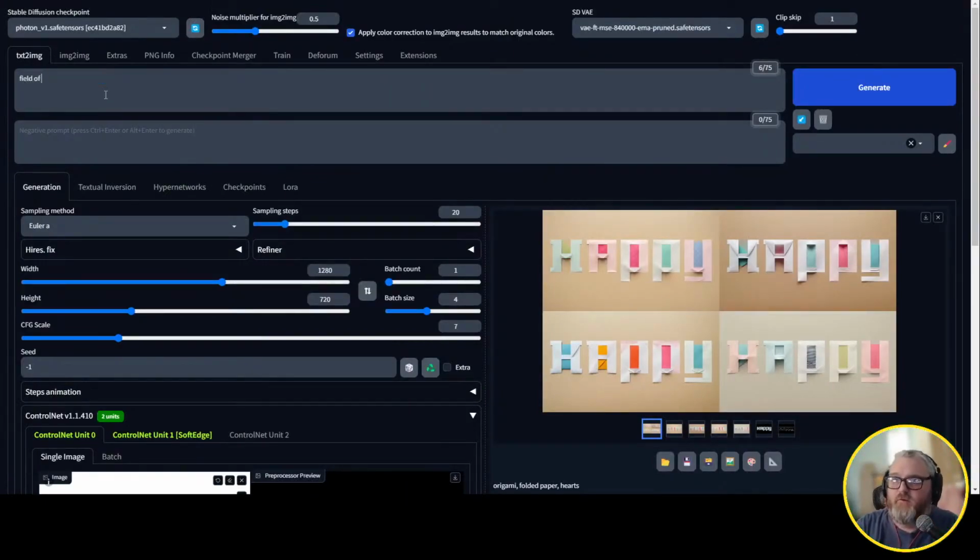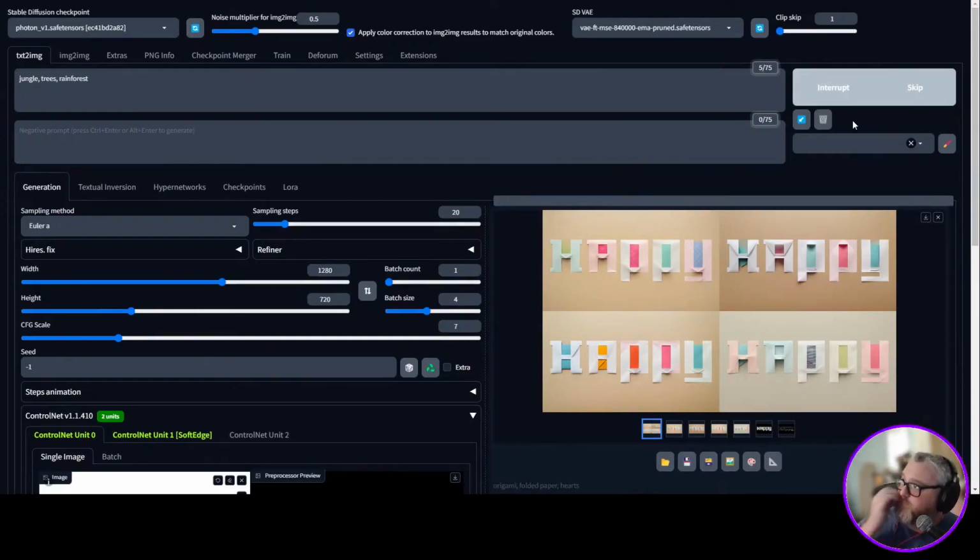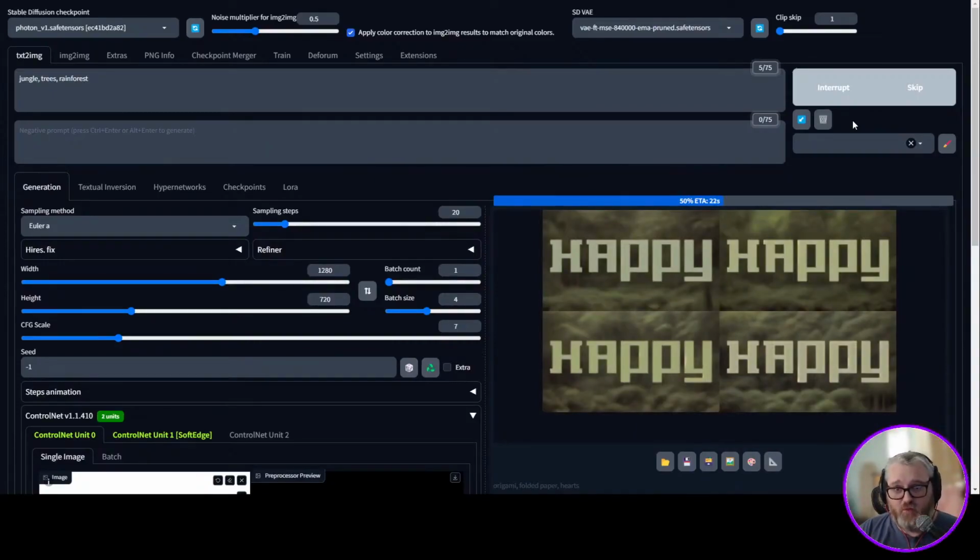Maybe we'll go field of flowers. Actually, a good one for Pika is like jungle, trees, rainforest. Pika's really good at animating people. It's really good at animating stuff blowing in the wind, stuff that has natural motion. So you can keep that in mind when you're doing your prompts, because if you have a lot of stuff that normally stays static, like I was doing work with glaciers, that stuff doesn't move. So when you go to animate it, it's not moving around because it doesn't know how to animate it. But people and plants and things like that, it knows how to animate. So that stuff really, really works.